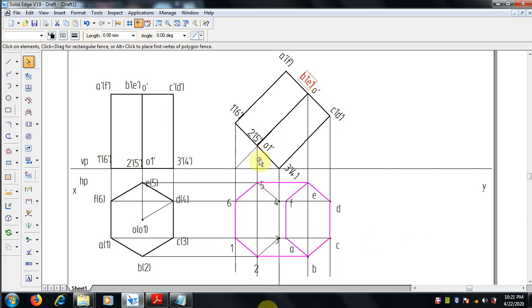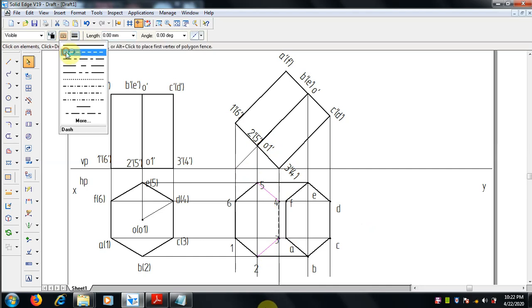The bottom, that is the edge on which it rests, the 3-4, the edge is hidden. And the edge which is joined with that hidden edge is also hidden. Select 3-4, select this, 3 and 4, go for hidden line, 0.5 mm thickness it should be, and remaining this 4-5 and 2-3 also is hidden because it is below the axis line and it is invisible from the top.